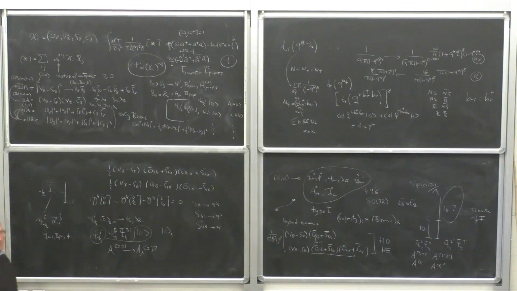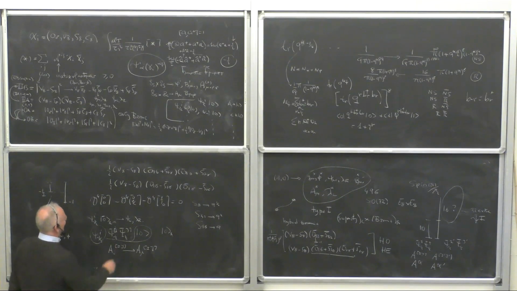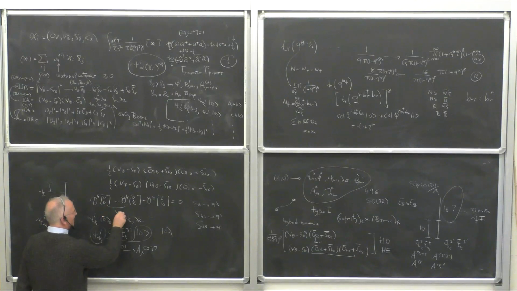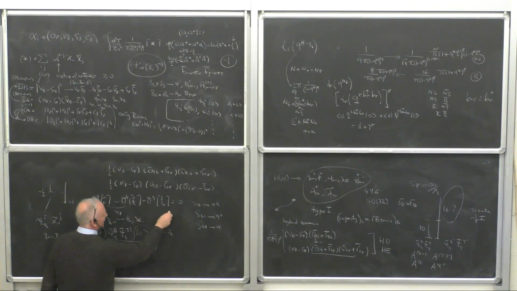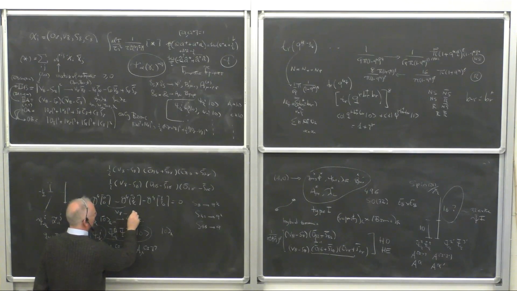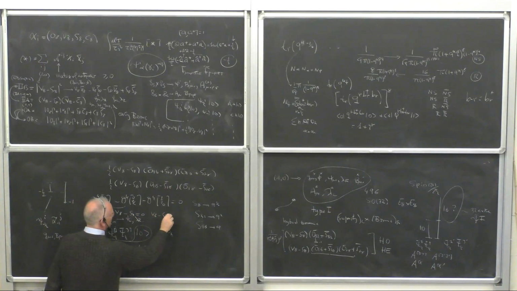And he called it the abstruse identity, because he didn't know what it meant. In fact, he had discovered supersymmetry. Because if you look at this quantity, this is just V8, and this quantity, you can write it as S8 or C8. So this quantity is essentially that V8 minus S8 is 0, or V8 minus C8 is 0,